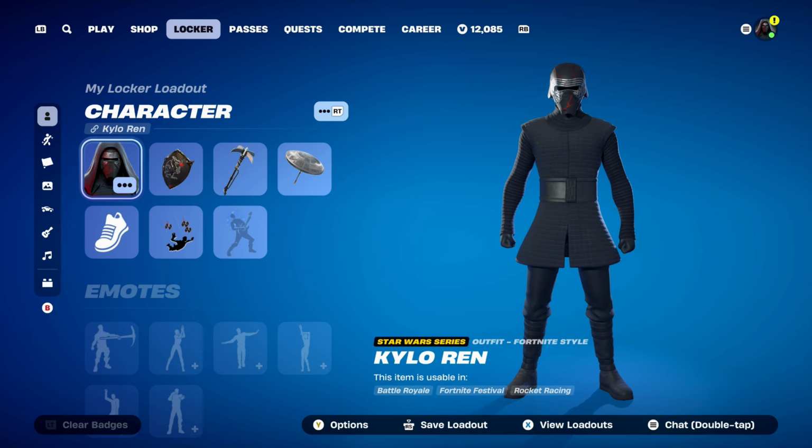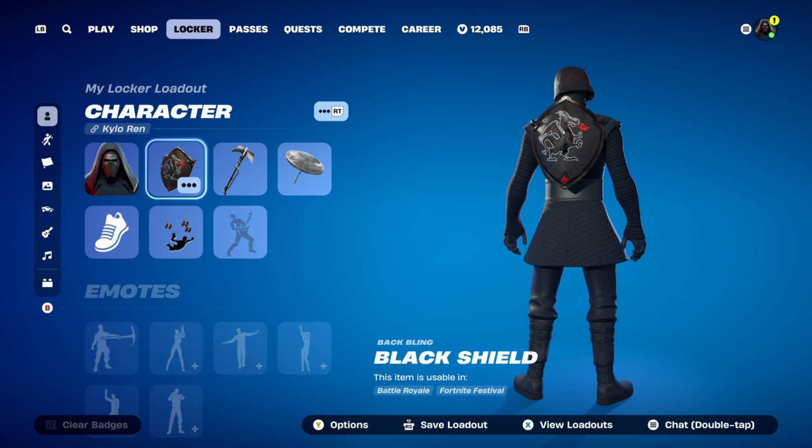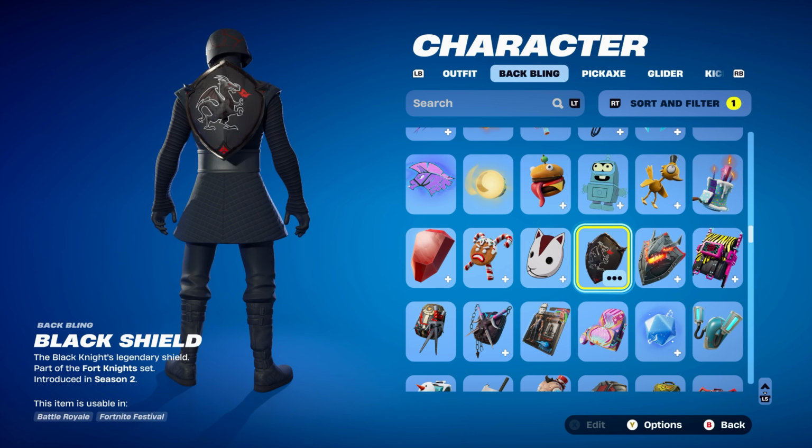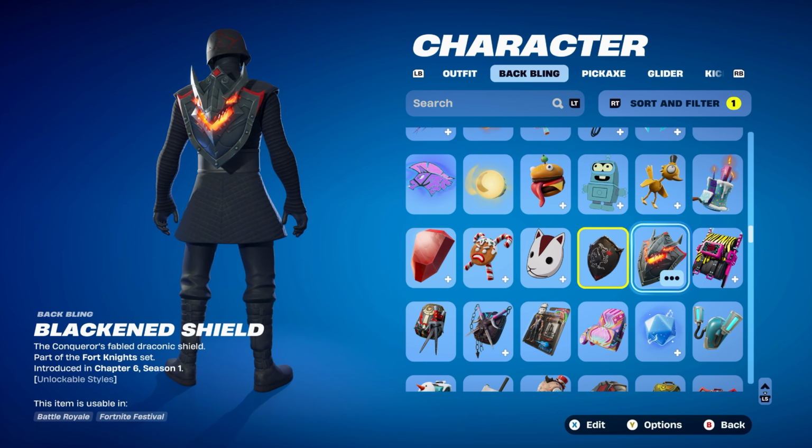And the last two combos aren't Star Wars themed at all. The back bling is Black Shield, part of the Fortnite set, introduced in Chapter 1, Season 2's Battle Pass, and it's a Black Knight's back bling for that season. He was a tier 70 skin. You can also use a blackened shield, the red shield, like the banner shield, anything that's black themed, but shield